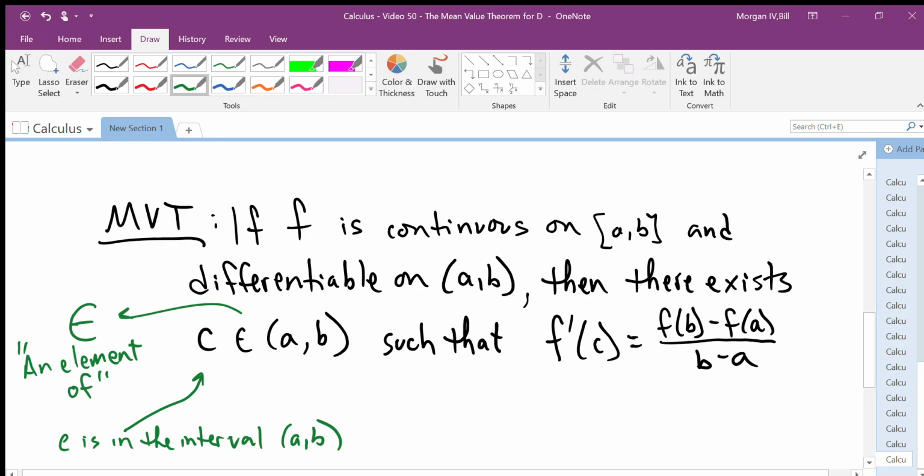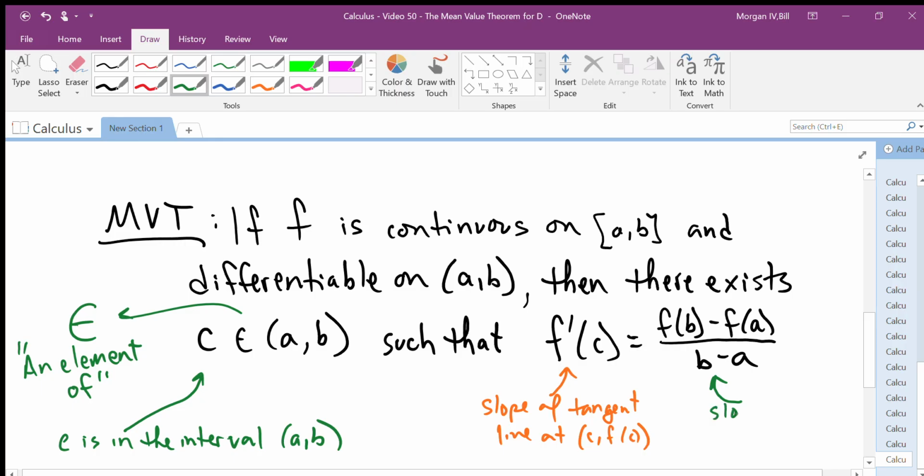In other words, there's some C value between A and B. Start over here. If f is continuous on [A, B] and differentiable on the open interval (A, B), then there exists a C between A and B such that f prime of C, that is the slope of the tangent line at C, is equal to